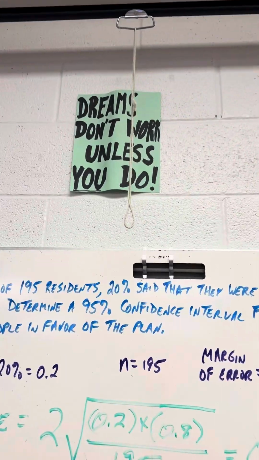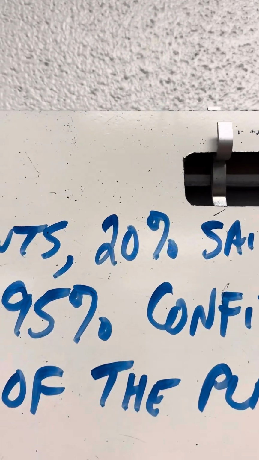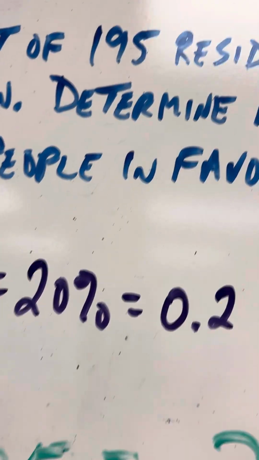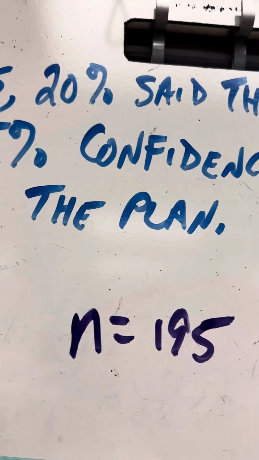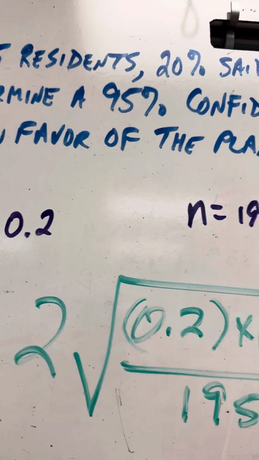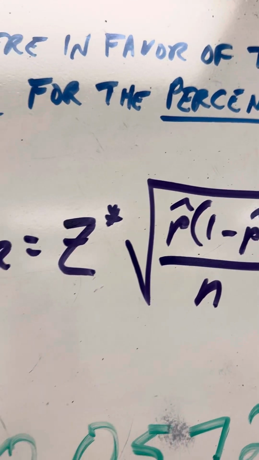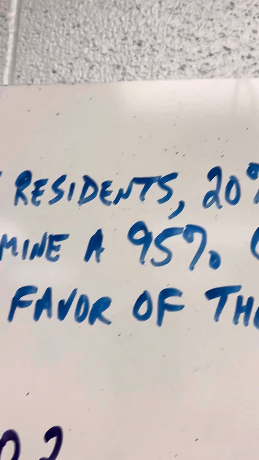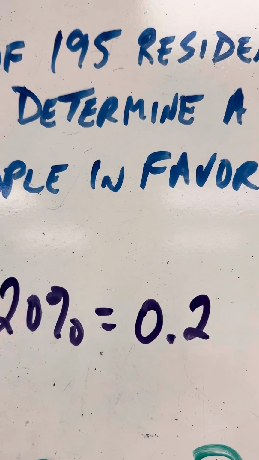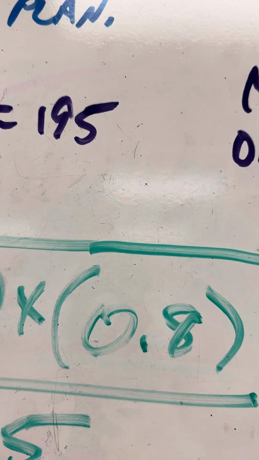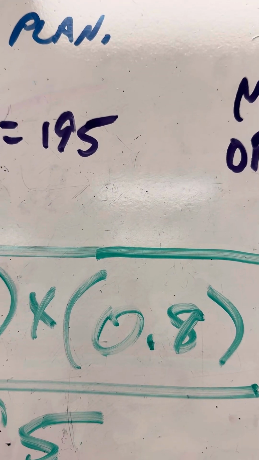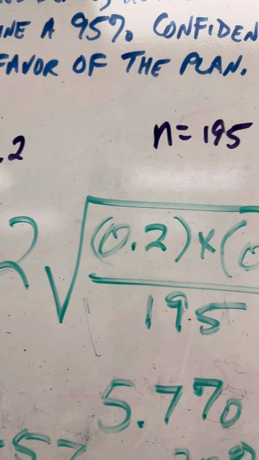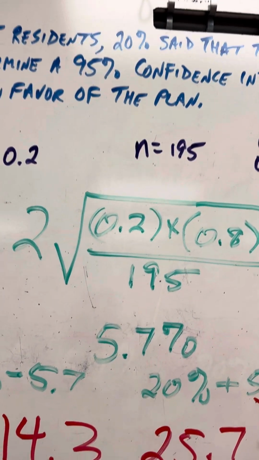Okay, so it says 20%. So that's your P, 20% or 0.2. 195 residents, that's your N, 195. Okay, we're going to use this formula again. So if 20% is your P, 0.2, then 0.8, which is 1 minus 0.2, is your 1 minus P, and N is your 195. So you multiply that out and you get